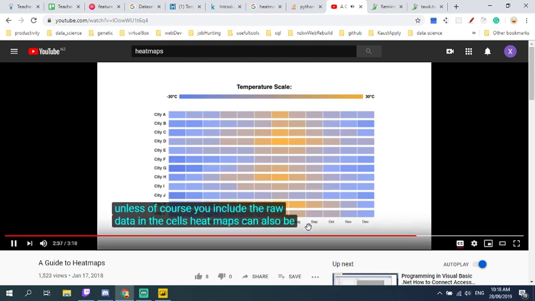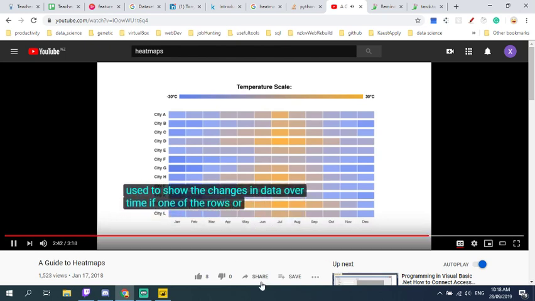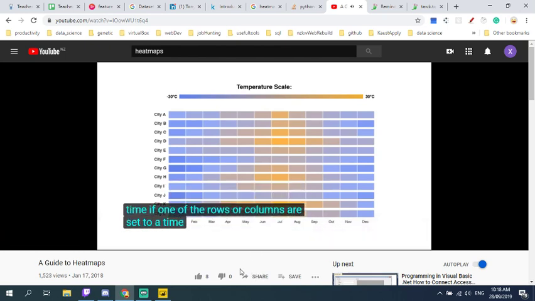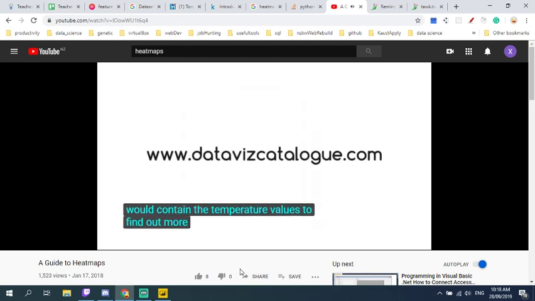Heat maps can also be used to show the changes in data over time if one of the rows or columns are set to a time scale. An example of this would be to use a heat map to compare the temperature changes across the year in multiple cities to see where's the hottest or coldest places. So the rows could list the cities to compare and the columns contain each month and the cells would contain the temperature values. To find out more information on